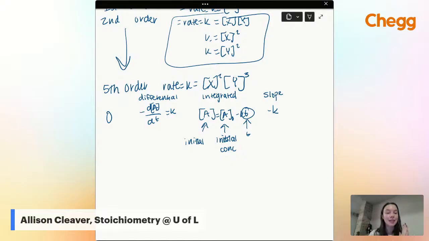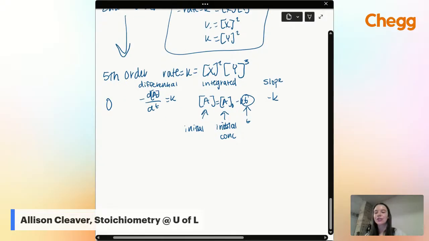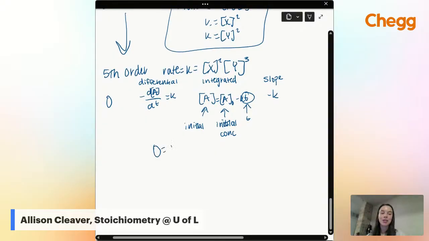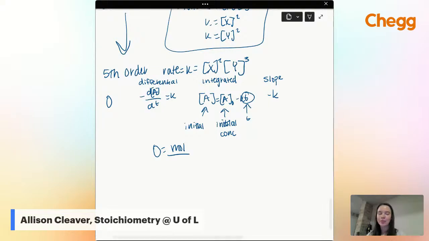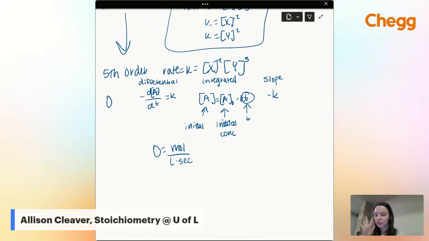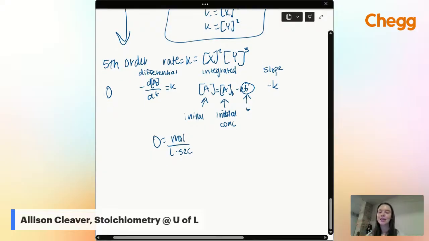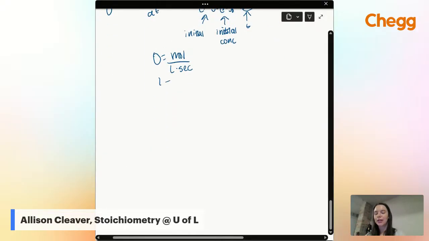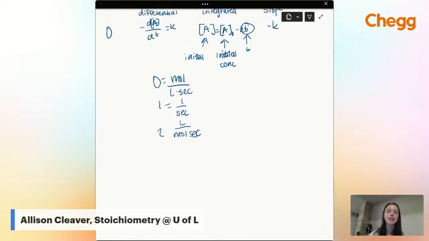And then also another important thing is zero order, first order, second order. They all have different units. So zero order, which I had to memorize these, so I don't know if y'all will have to memorize them, but it might be something good to ask your teacher or start working on, is moles over liters over seconds. That's our units for zero order rate laws. And that will be the unit for your K, which is your rate constant. And then for first order rate laws, we have a unit of 1 over seconds. For second, we have liters over moles over second. And you can find that by solving the equations.